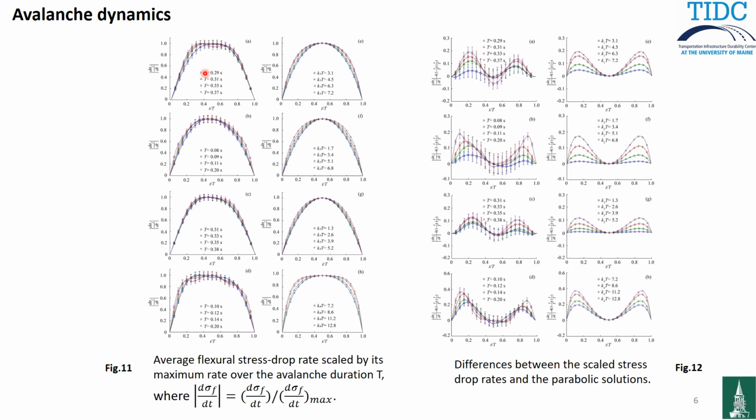So basically for different cases, there's a nice agreement between the model predictions and the avalanches measured. What's more, if we subtract the prediction with and without weakening, then we find that when the weakening levels become smaller and smaller, basically these blue lines, the results between the weakening prediction and non-weakening prediction diminish. That means they're almost the same, close to the parabolic shape. And if you get a much larger weakening behavior, then the results deviate from the parabolic situation. Similarly, consistent results were found for different groups.